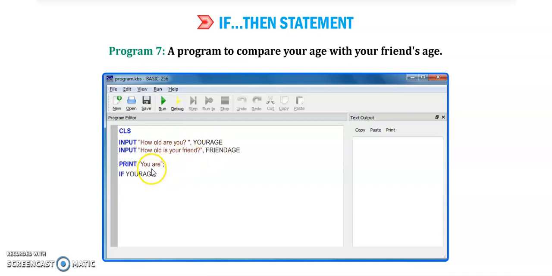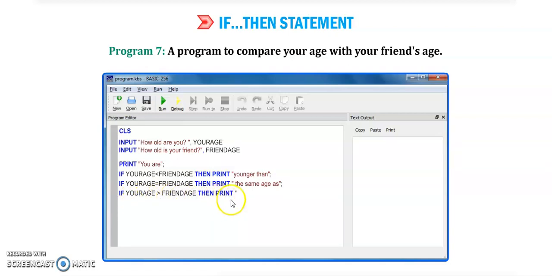Now print you are, if your age is less than your friend's age, it will print younger than. If your age equals your friend's age, then it will print the same age as. And if your age is greater than your friend's age, then it will print the message older than.